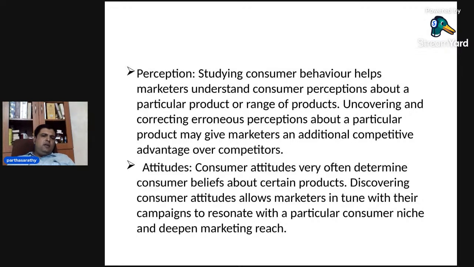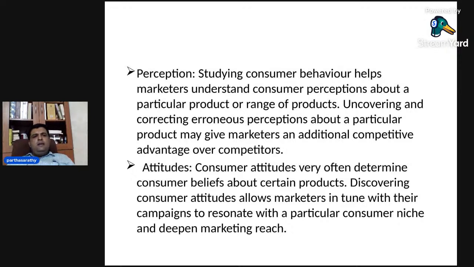So next, of course, we have attitude, consumer attitude, very often determining consumer beliefs about certain products. See, if we have to define attitude in very simple words, attitude is either favorableness or unfavorableness. See, I prefer Samsung over Sony. So that means I have a favorable attitude towards Samsung. I don't have a favorable attitude towards Sony. So again, these are